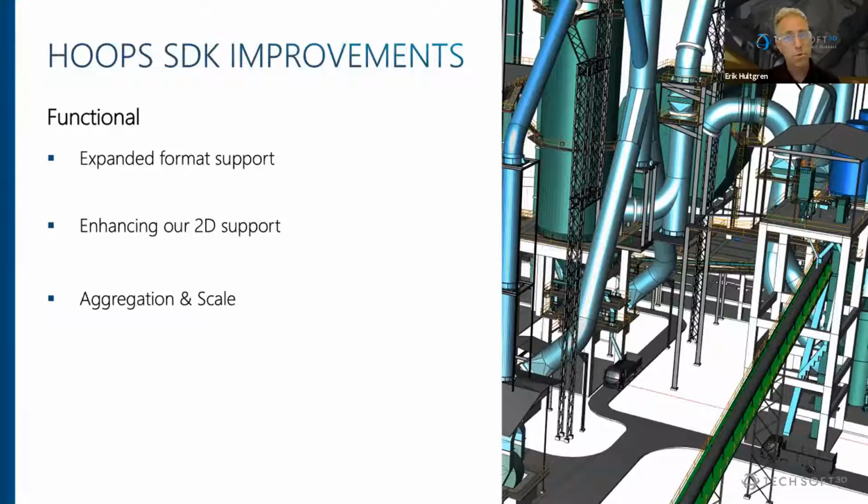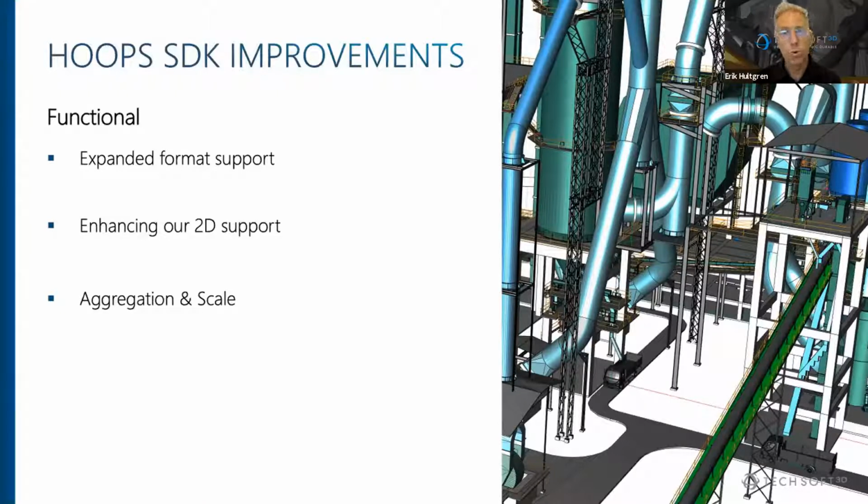Some examples of what we've done: we've greatly improved our support for 2D DWG drawings. That includes better performance, layer support, and drawing quality. But we've also worked on our export of 2D. For instance, we've made significant improvements to our 2D PDF output, which is again so critical inside building and construction. Some of those improvements include improved support for text. It's now actually inserted into the PDF as text, so you can search for items that you need. It's copyable, so you can paste it out. But we also improved the drawing quality and the size of the output PDFs.